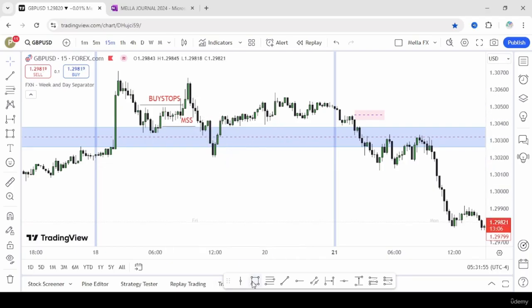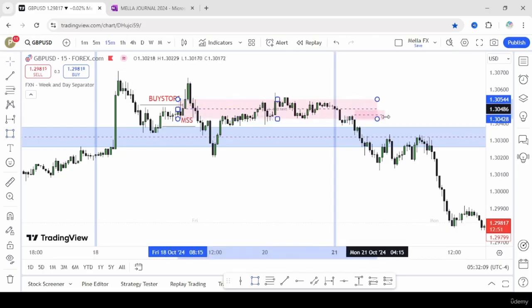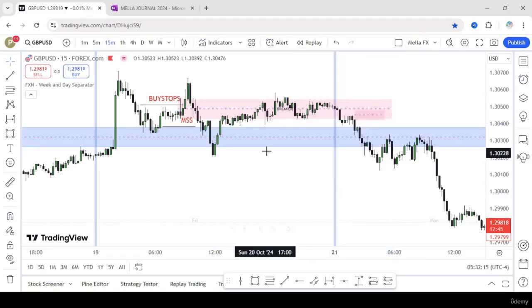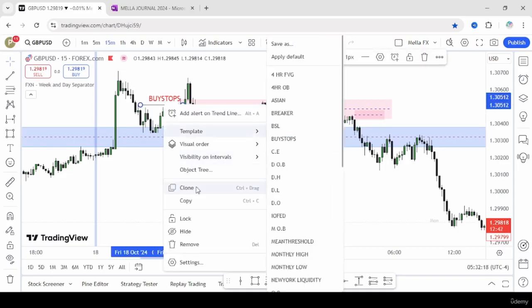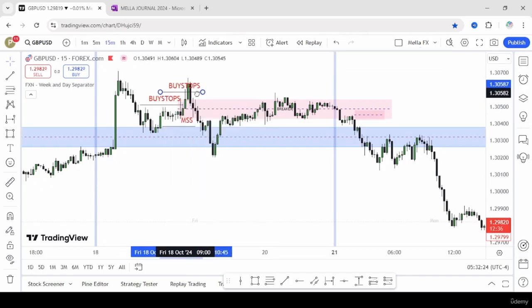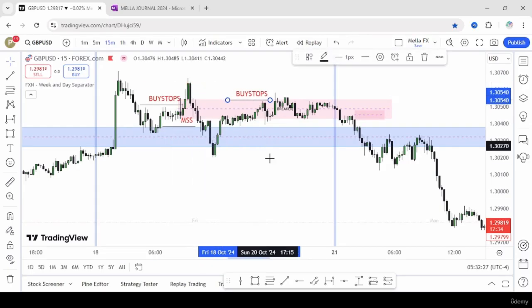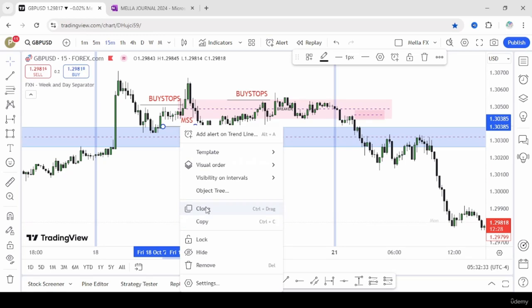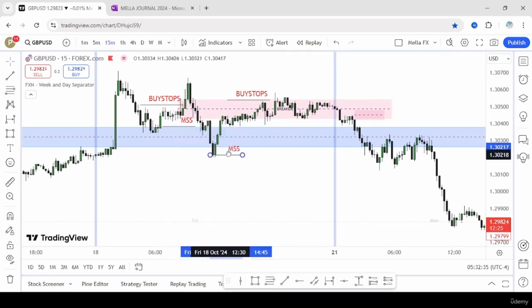So we can see that the structure was not broken, because if your focus was the down close candle before the up move, so this is it. You outline it as our breaker, extend it. So that's our breaker. I've seen that we also ran some other form of buy stops. Here we ran buy stops. Then we also had a market structure shift